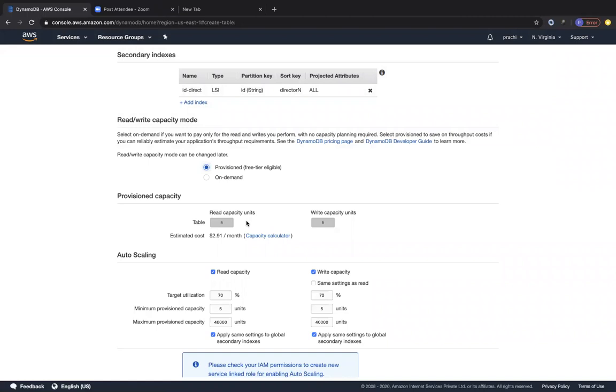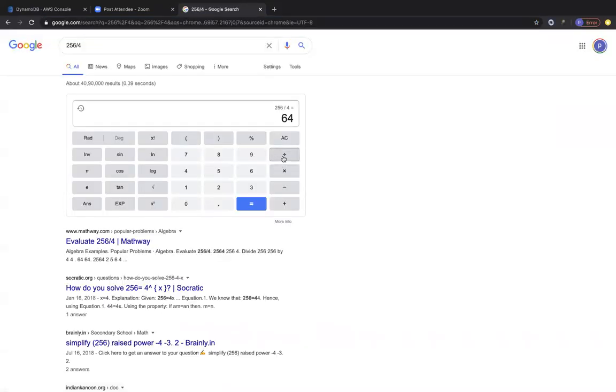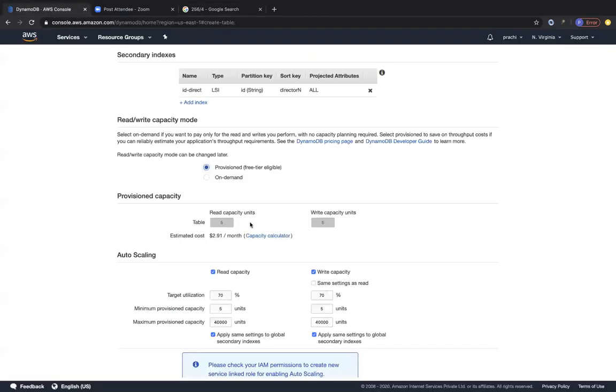That means we will need 64 read capacity units for reading 256 kilobits of data per second in strongly consistent mode, and that divided by 2, which is 32 read capacity units, for eventual consistency. But with write capacity units, for the same 256 kilobits of data, you will need 256 write capacity units in order to insert 256 KB of data per second.